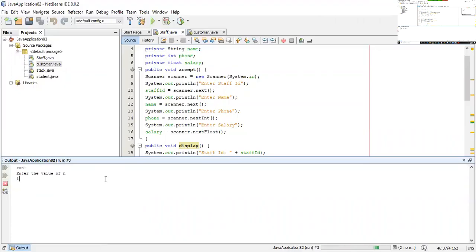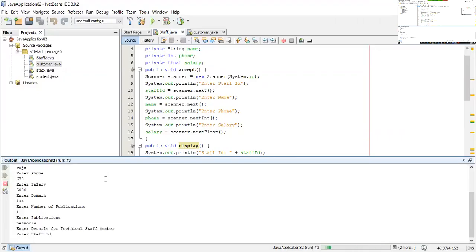So I'll take 1 staff ID, teaching 1. The name is Raju. Phone number, salary, domain is ISE. Publications is 1, networks; he has done a publication in the network subject. Next, technical staff ID is technical 1.